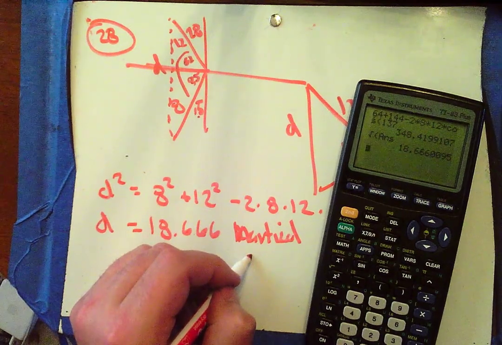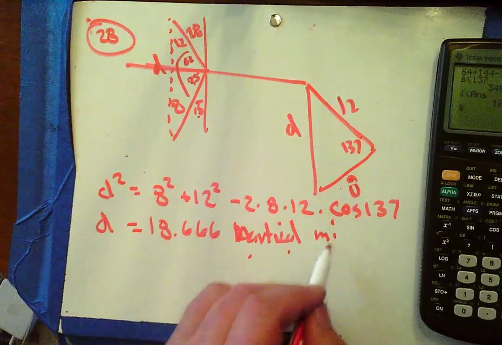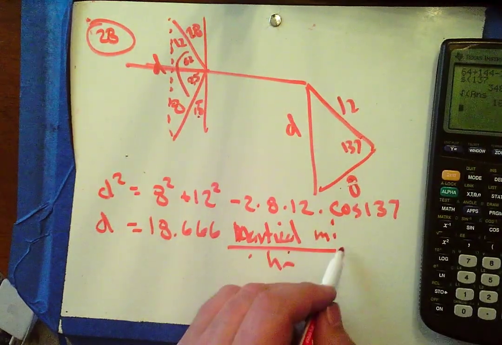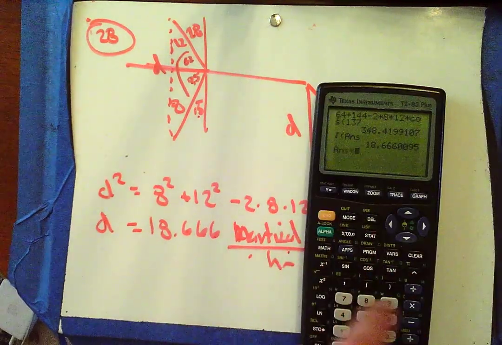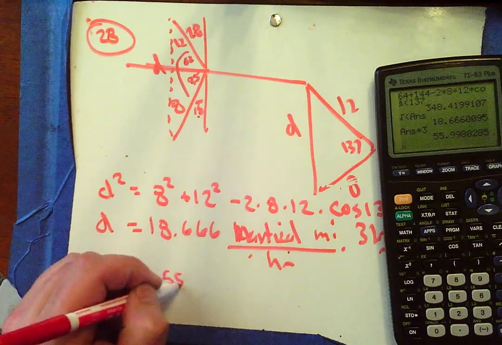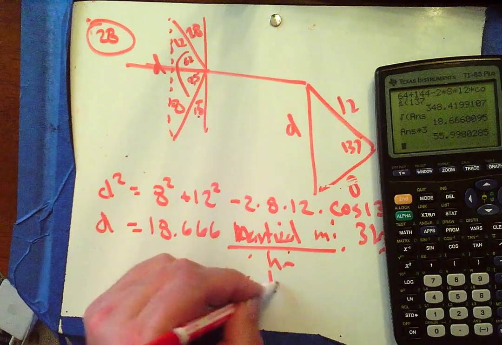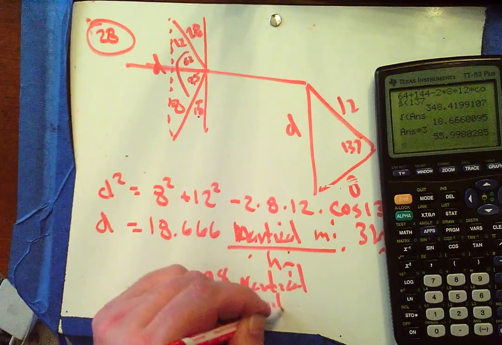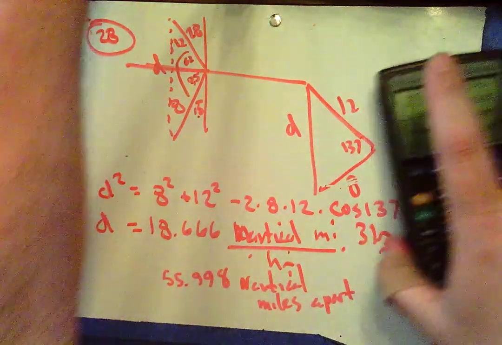How far are they apart in 3 hours? Oh, this was nautical miles per hour. That's what a knot is. Times 3 hours. So I actually need this number times 3. Okay, so I get 55.998 nautical miles. Okay, there's 28. 29